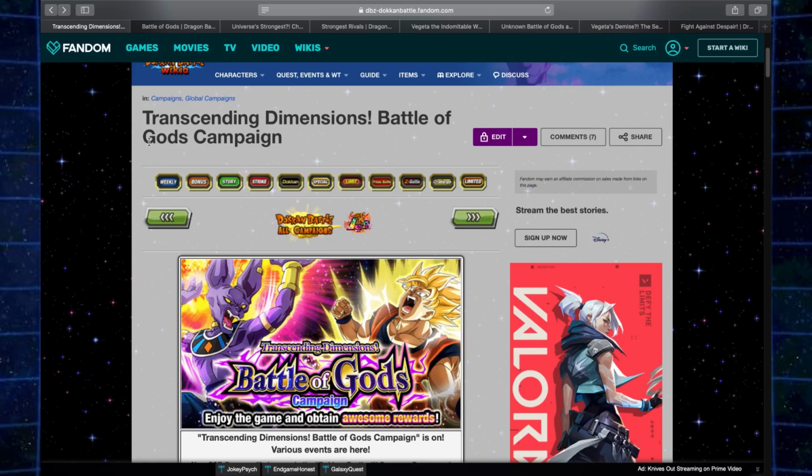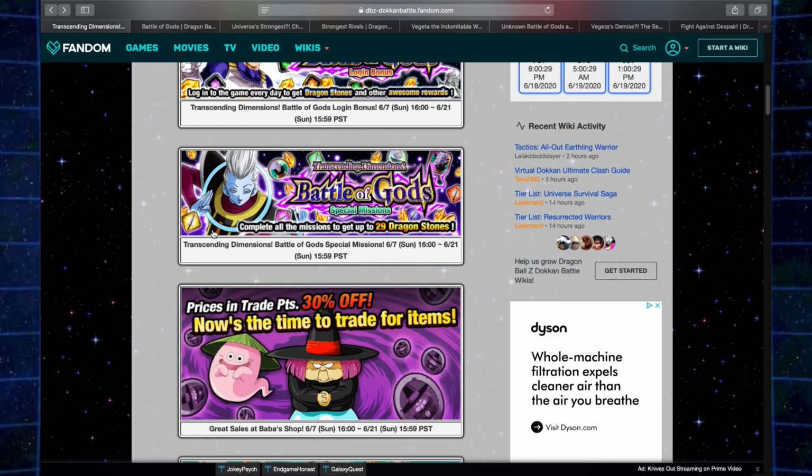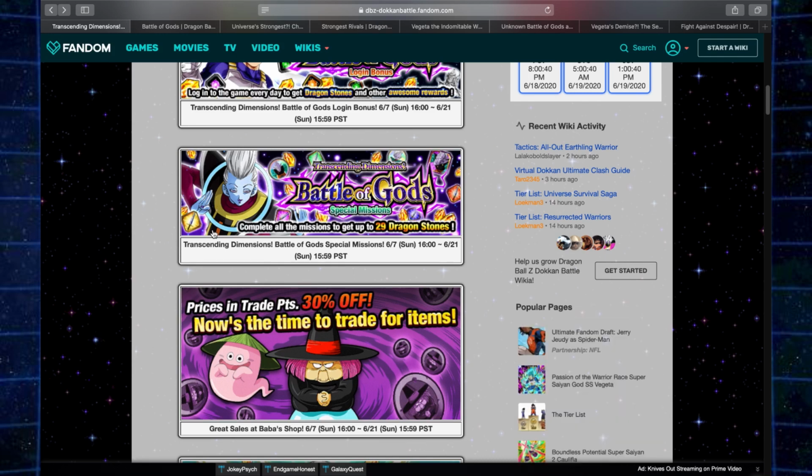Hey you guys, it's Anunnaki here, and I'm trying to bring you a quick little video just to show you guys the events that can be farmed out for Elder Kais or super attacks for specific units, and also